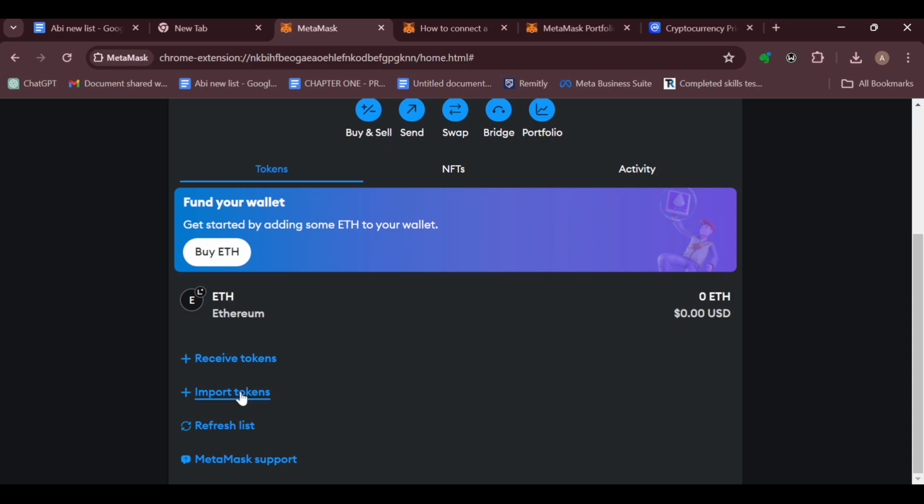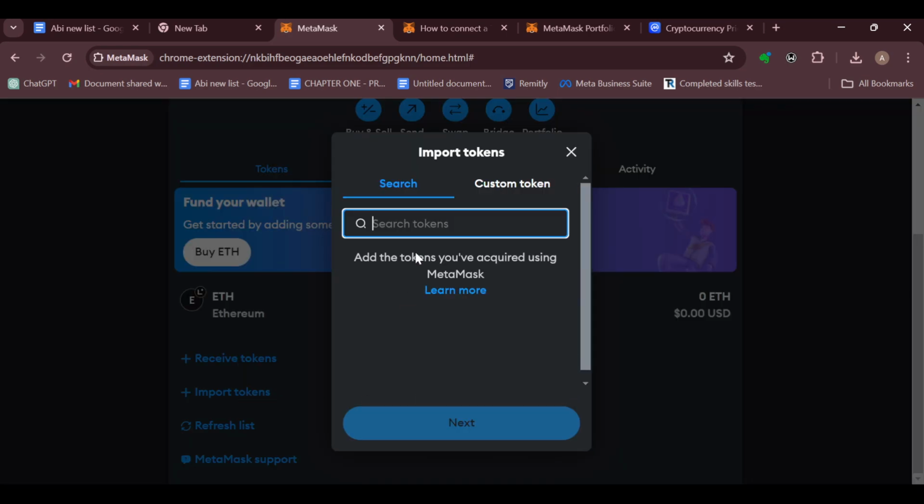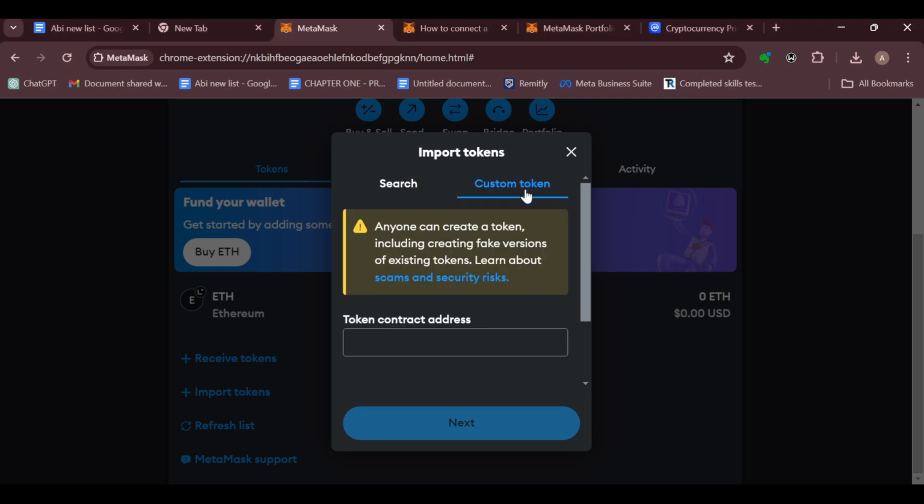and click on import tokens. After clicking on import tokens, on the box displayed, you can see two options: search and custom token. You just click on custom token, then paste the USDT contract address here. Then after pasting it, click on next, and after clicking on next, then